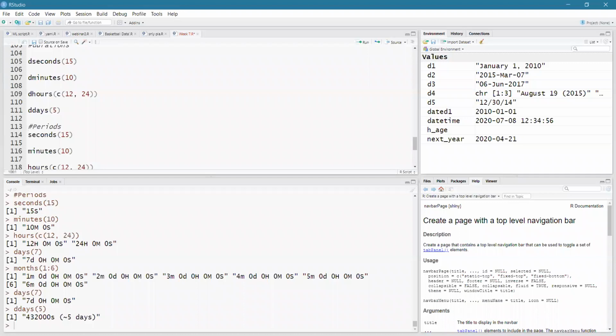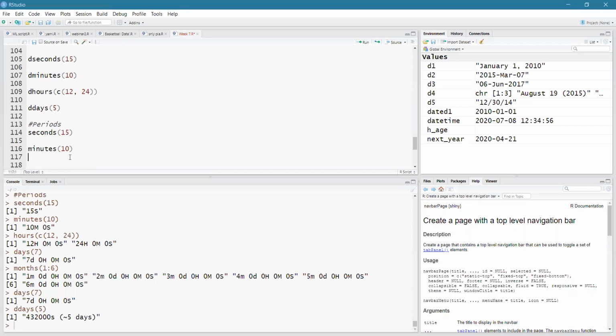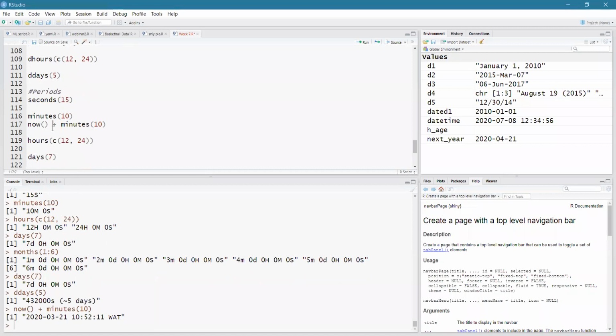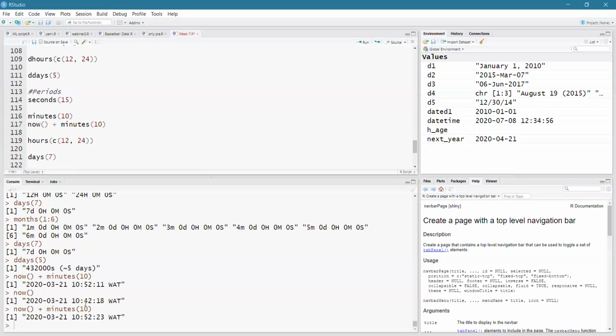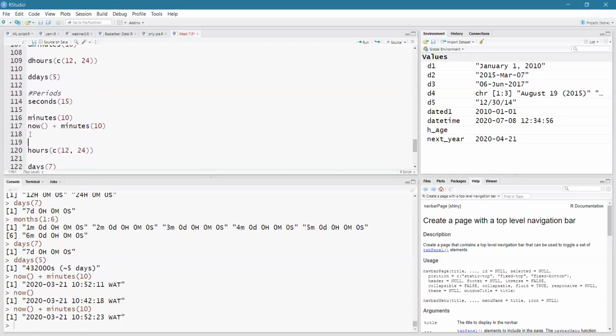Okay, so if I want to add 10 minutes to a certain time using periods, let's say now plus 10. So if we run now, we get this 10:42:18. If we add minutes to it, 10:52:23. Time progresses, so we can't pause the time. But anyway, you notice that this is basically 10 minutes. Now, if we did the same using our durations,